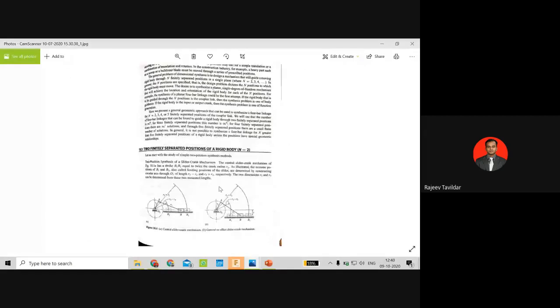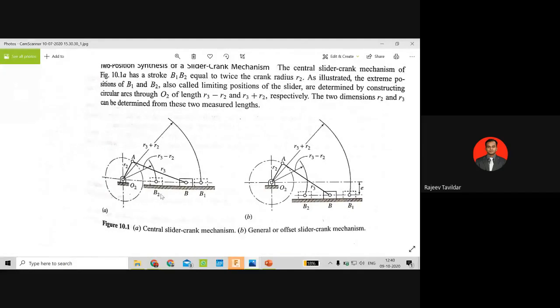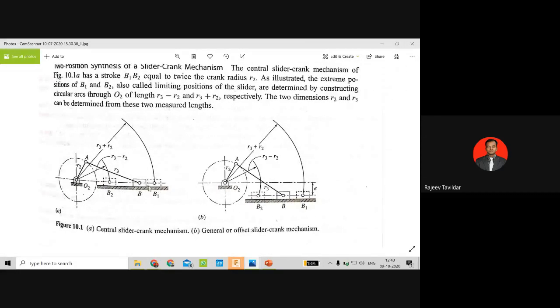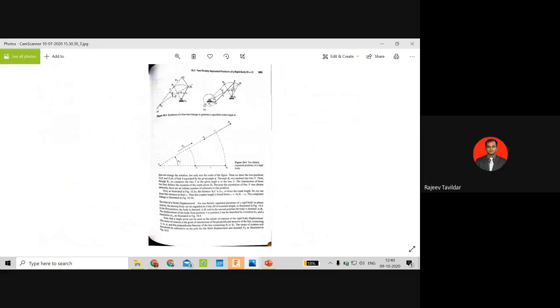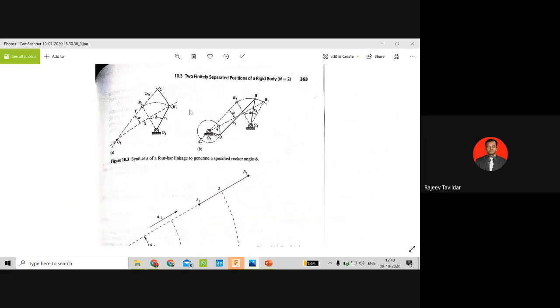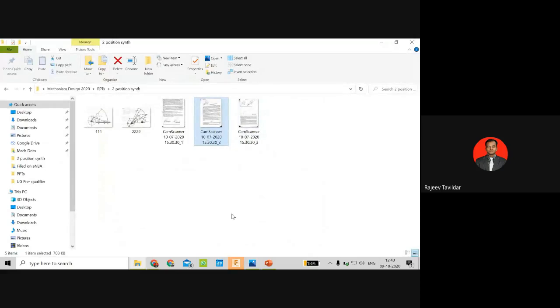Yeah, so that you can come to know. And also this is the one which I explained at the beginning, for the crank rocker, how it is minimum and maximum, and the simple explanation for this. Remember, for crank slider, this is the only explanation. There is no equation, no numericals. And I will also share this one page wherein they have explained how the construction has to be done for this crank rocker. So they have taken an example and shown the construction. These three pages I'll be sharing with you. You can refer to them as notes, and in the next class we'll take up the problems.